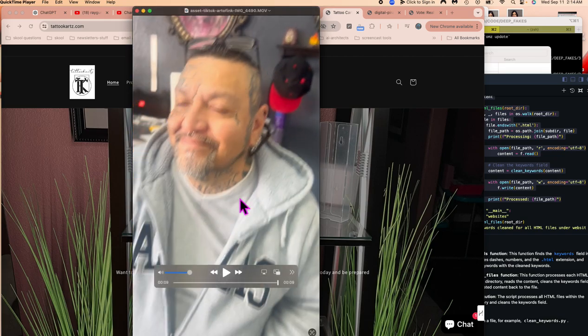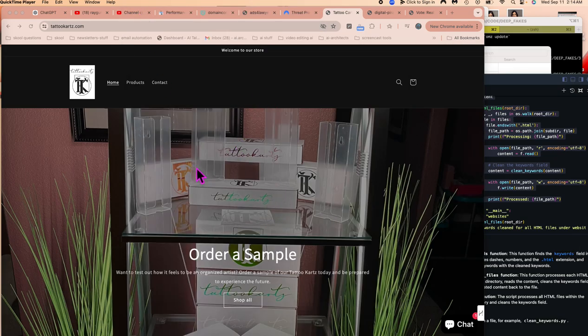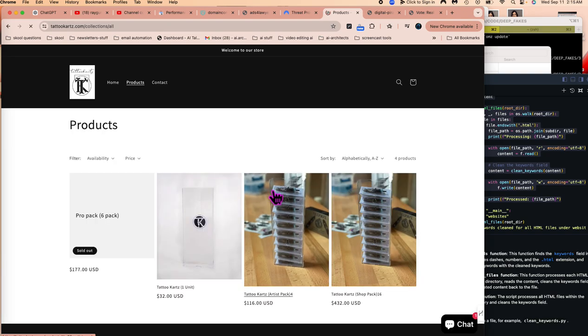The guy you heard laughing in the background owns the shop, and I have video of him grabbing his needles right out of the containers. I thought that was really impressive, and it's much more hygienic. So if you're a tattoo artist, please buy Tattoo Carts from him. These are his products. And I've also made 3D modeling out of these containers,